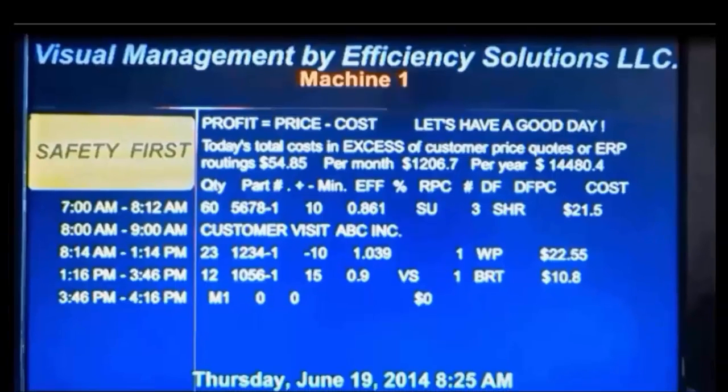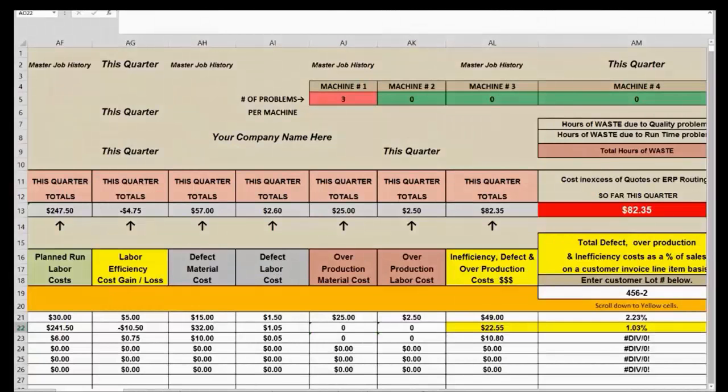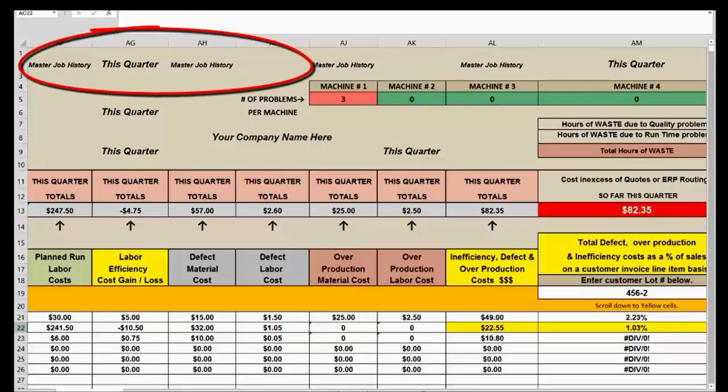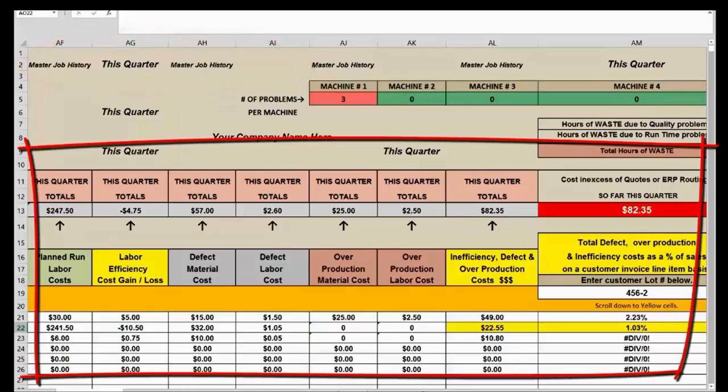In this video, you will learn how easy it can be to determine which customers, part numbers, and processes are not meeting your gross margin requirements and the reasons why in real time throughout the workday. With this new detailed information, your management team should be able to convert inefficiency, defects, and overproduction into additional sales and gross margin dollars. You will also learn how you can look at your monthly or quarterly income statement and then look at our master job history screen and see exactly which processes, part numbers, operators, and customers fell short